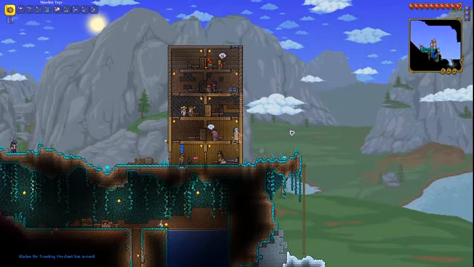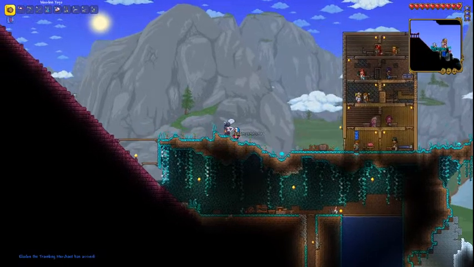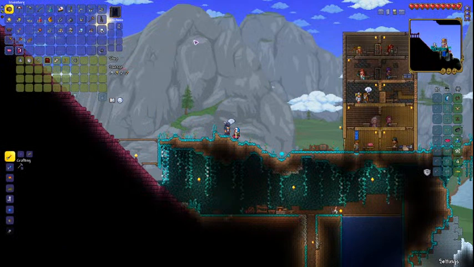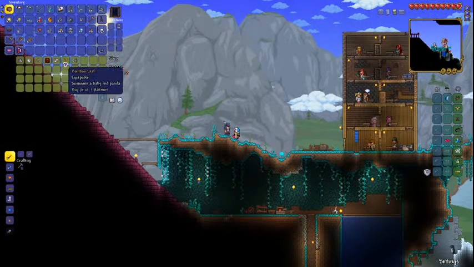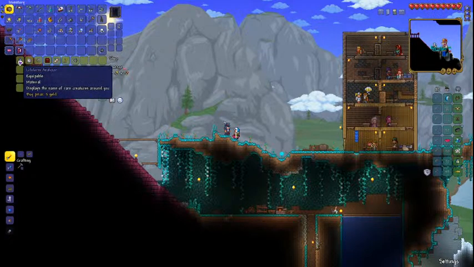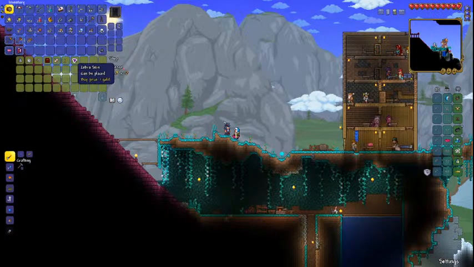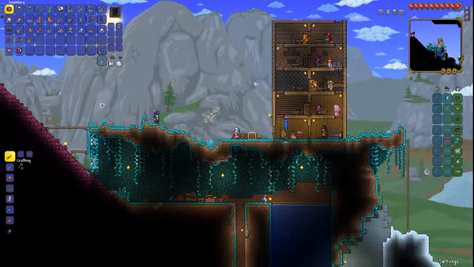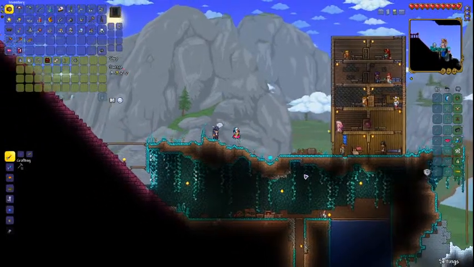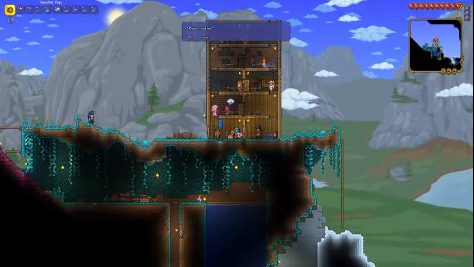Hey, we did get a traveling merchant just as I got out of bed, too. Come on, please, please, please. Nope. Bamboo leaf is adorable. I wish I could buy it. We do at least get a life form analyzer, but nothing else. Sad to see. Isn't that like Red's Cape or something like that? Red Cape, yeah. That's kind of cool. Go ahead and store the life form analyzer. That does put us up to...